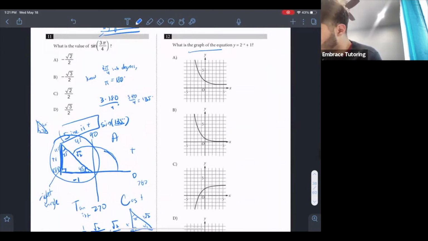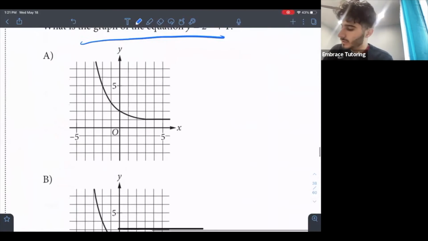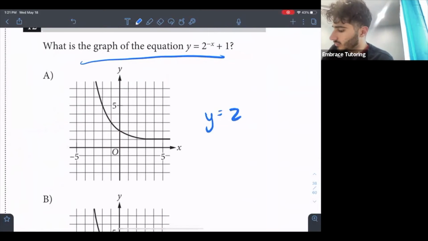Question 12. What is the graph of the equation y equals 2 raised to the negative x, plus 1? So you know the equation, 2 raised to the negative x plus 1. The first thing I would do is